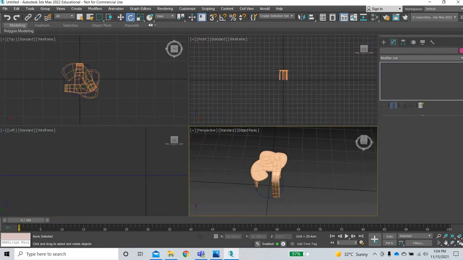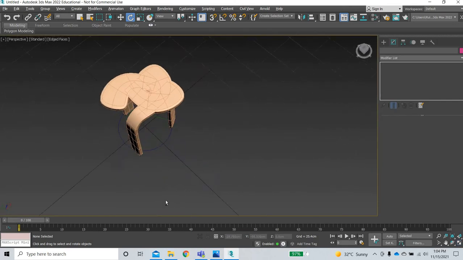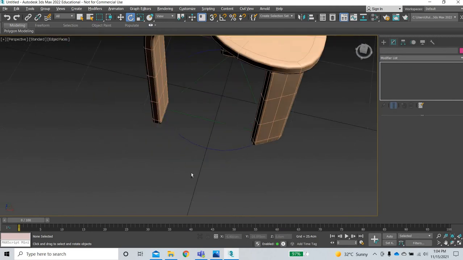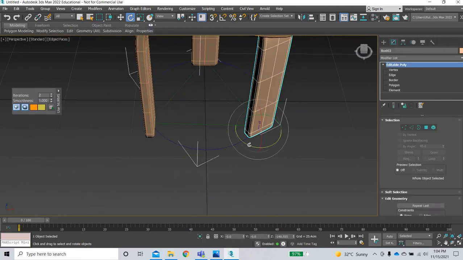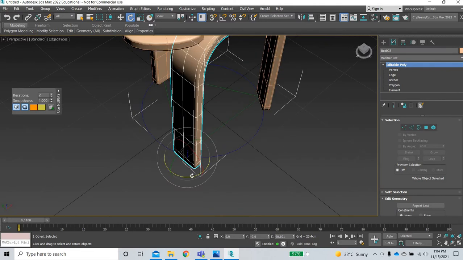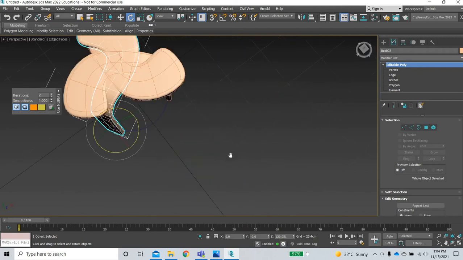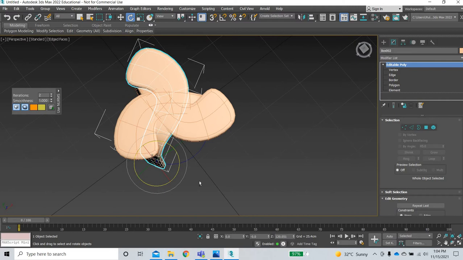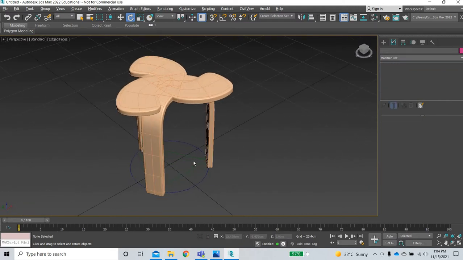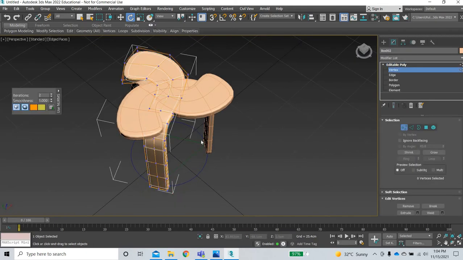Okay, so this needs to be rotated further, and this needs to be rotated further. Okay, now that you have this basic thing done, now we will have to start working with individual points,